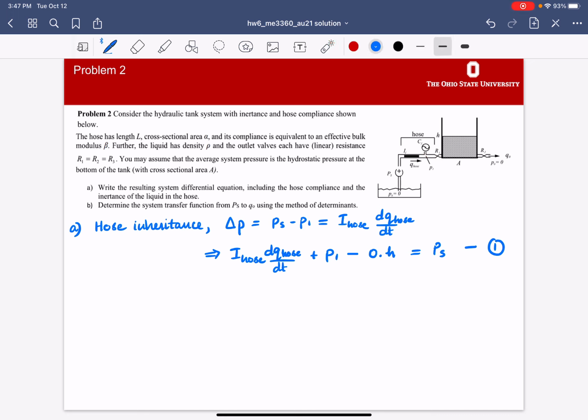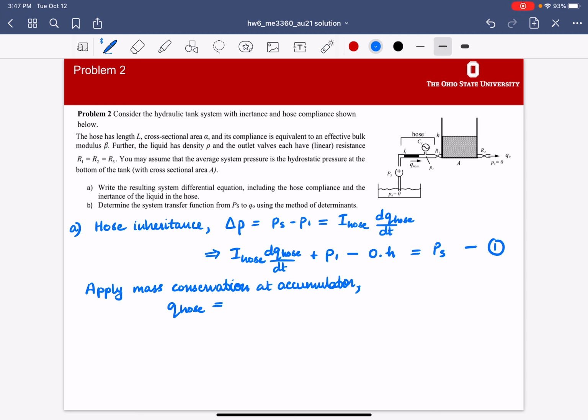For this second part, we are now applying mass conservation near the accumulator. What that is basically saying is that the flow Q hose, some amount of flow from the hose,